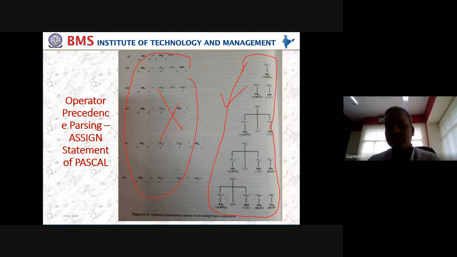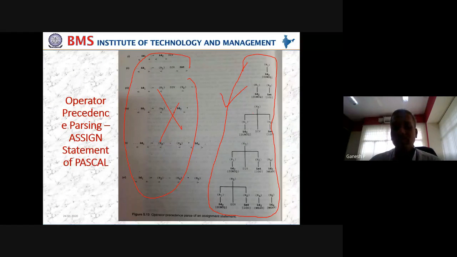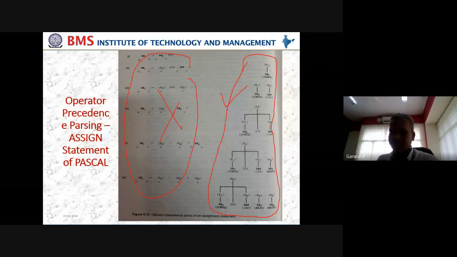How you construct the tree is what people will be interested to know, whether you construct it with a bottom-up approach or a top-down approach. Based on that, the examiner will understand whether you have clarity on what approach each of these techniques uses. So be careful about which technique is being used under what approach. If that clarity is there, we can construct the tree at any point of time. So any confusion with this? This is operator precedence parsing. If you have no confusion, we can move to the next technique. Any doubts in operator precedence parsing so far?